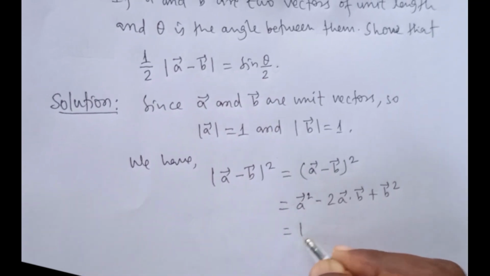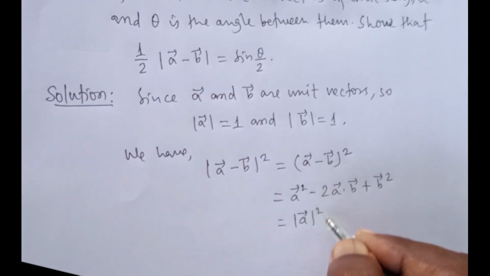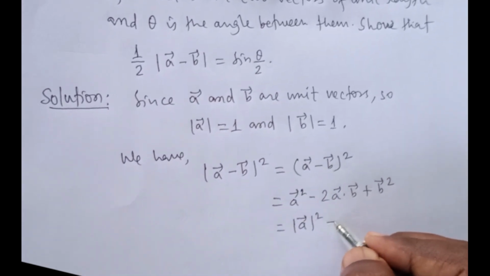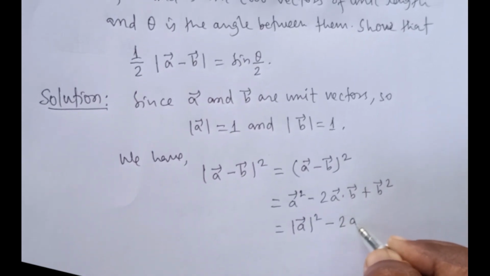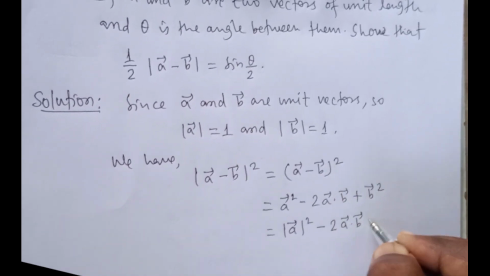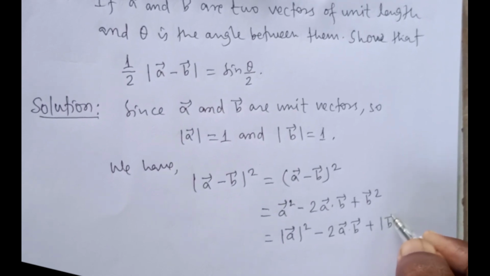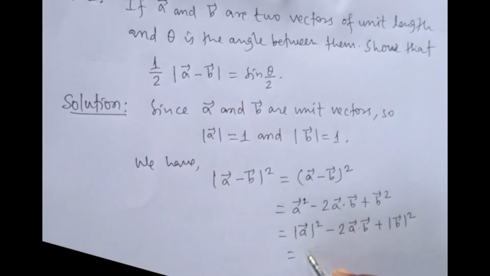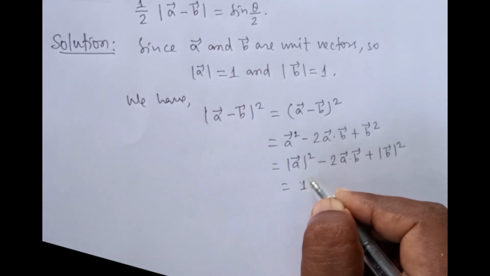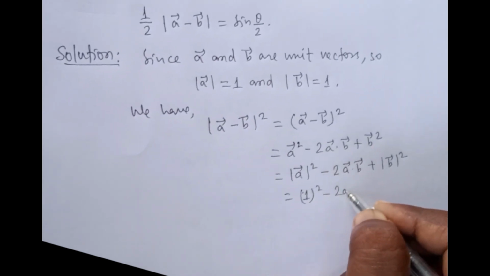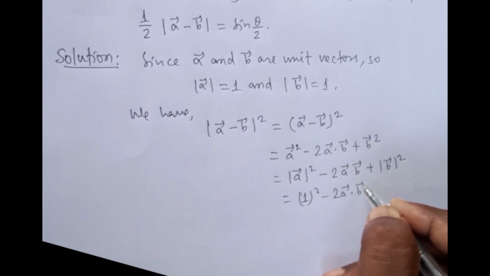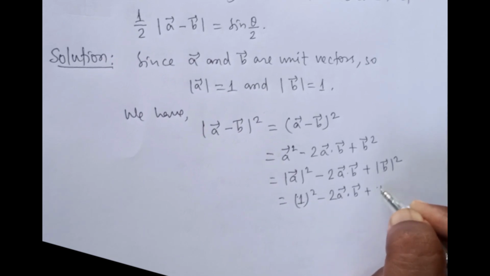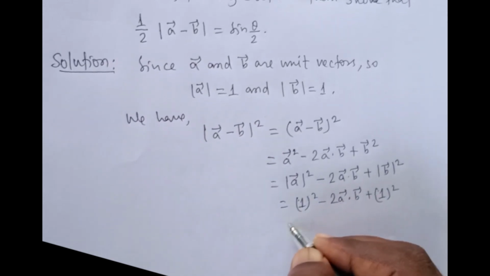We can write here modulus of A vector square minus 2 times A vector dot B vector plus modulus of B vector square, which is 1 whole square minus 2 A vector dot B vector plus 1 whole square